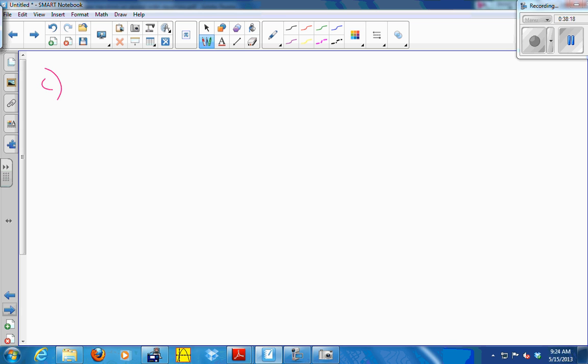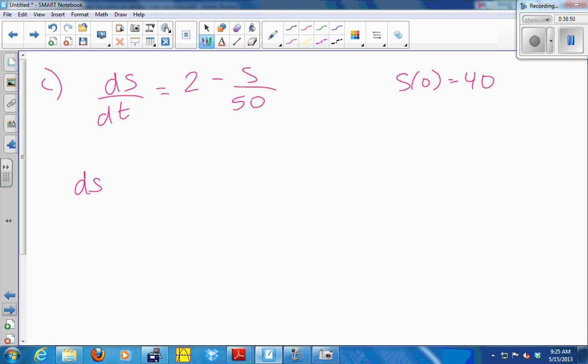All right, and then for C, determine how much syrup will be in the tank after 10 minutes. So ds dt simplified is 2 minus s over 50. All right, so I have to solve it. I've got my initial condition, s of 0 equals 40. I have to solve this initial value problem. If I move the s over 50 over,